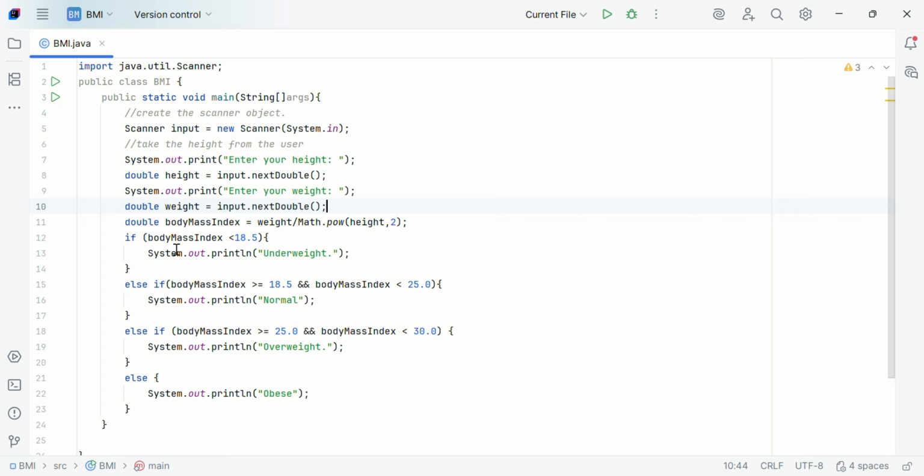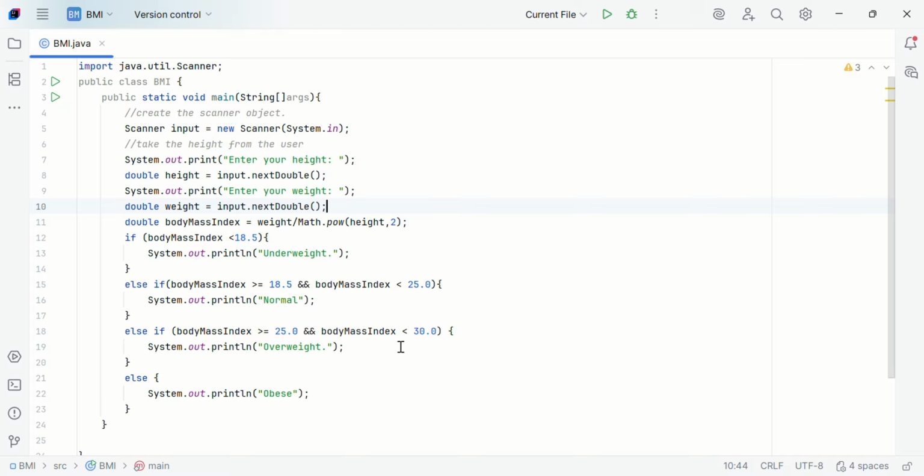But if this becomes true, then it will come inside and read what is here. So that's how it works. Here, if body mass index is less than 18.5, that means the person is underweight. We should print underweight to the screen. Else if the body mass index is greater than or equal to 18.5 and less than 25,